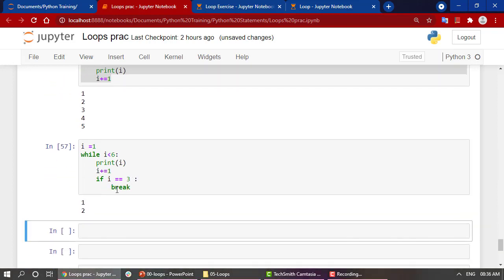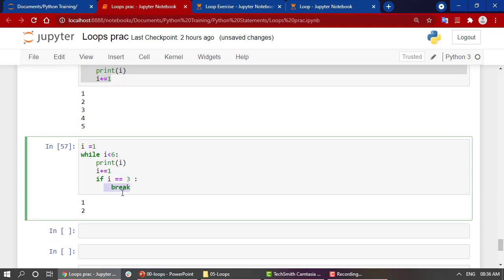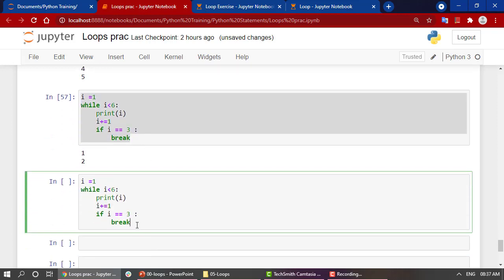Let's try to execute. As you can see, once it finds that the I value is equal to 3, it will break out of the loop. It will not move into the next statement, and the complete execution will be changed. Let's copy the same code and replace break with continue.